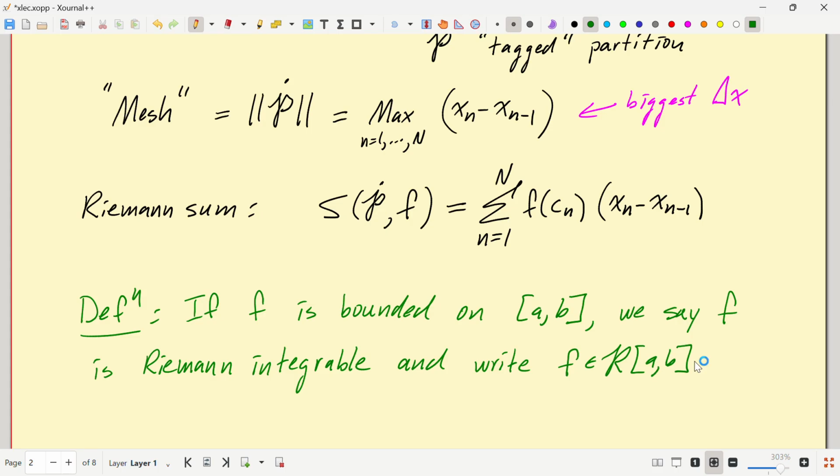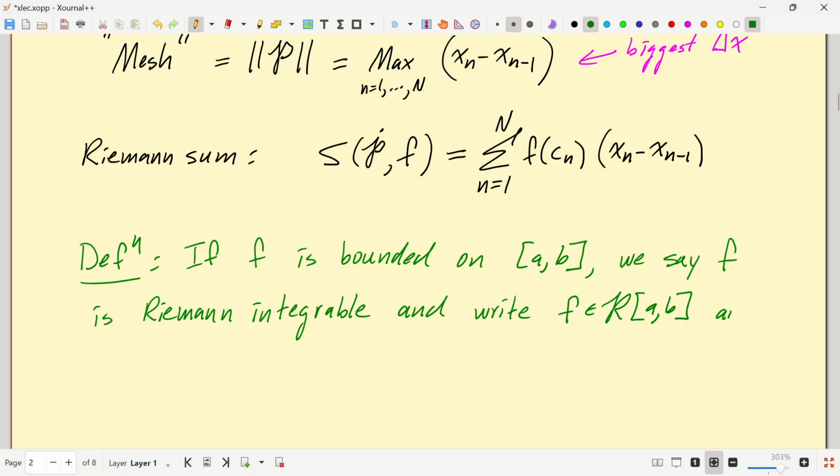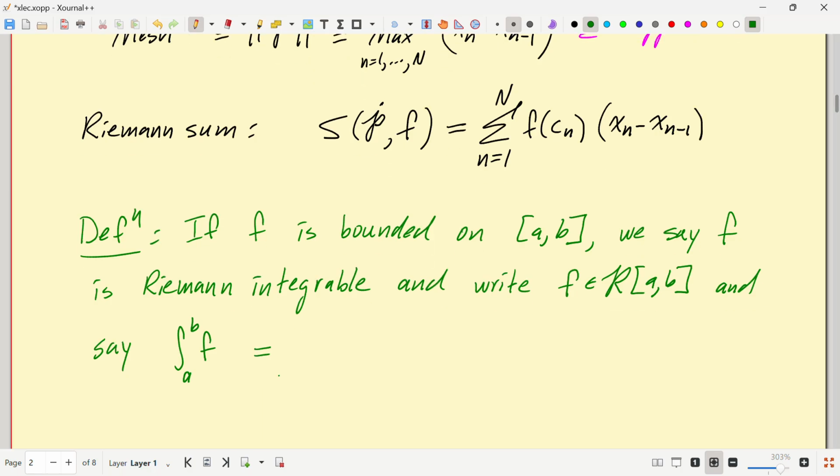So we write that and we say the book likes notation integral from A to B of f with no dx. That's kind of a snazzy math way to write it, but most books prefer to write it in the classic way, like that, freshman calculus. And we say that's equal to L if,